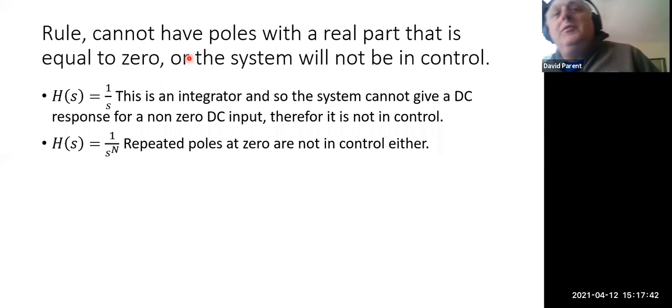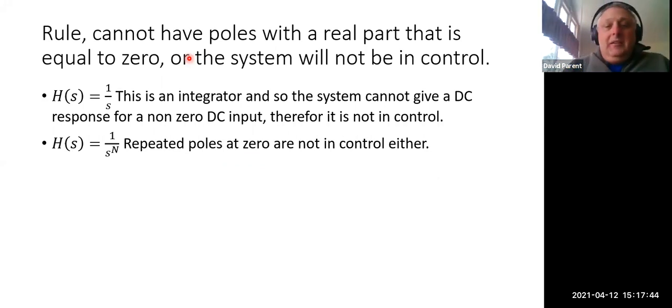Now, that's just one way of looking at it, right? So the real mathematical rule is that poles cannot have a real part greater than or equal to zero. Or the real part of the poles has to be on the left-hand side of the complex plane, right? And so in this case, the pole of this is zero, right? So let's, before we go too much further,